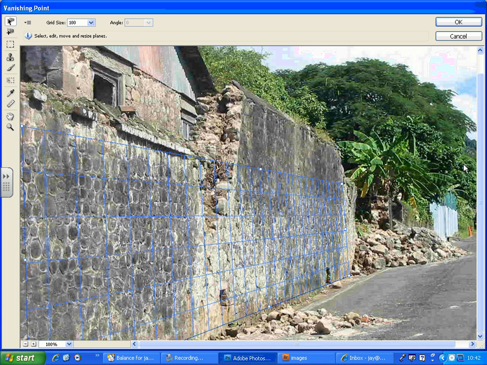Do you see there's a blue outline over it? All I've done is drop the 4 points, and then using the Edit Plane tool, I'm adjusting it so I get a proper three-dimensional angle to my graphic. Once you get your grid across your graphic, you just press Ctrl V,